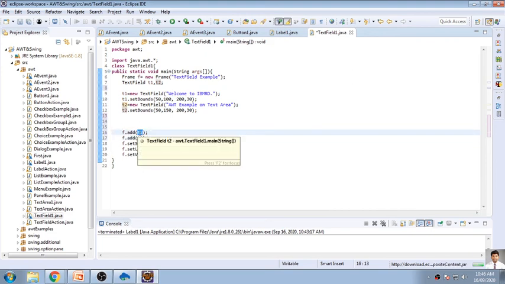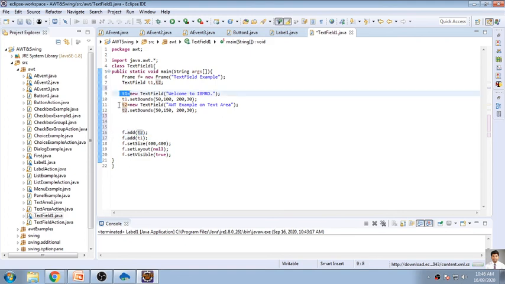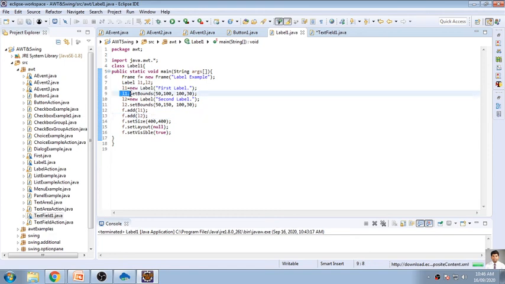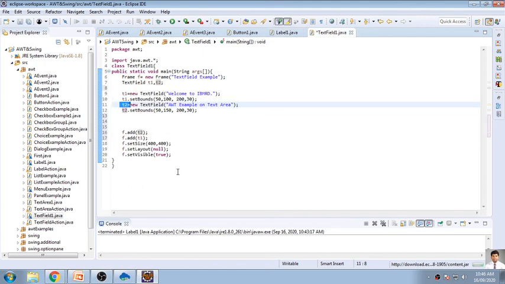Now T2 will be the first text box and T1 will be the way you add. Though you have initialized T1 first and then T2, the same you have done with the labels also. Label 1 was initialized first and label 2 second, and you have added label 1 first and label 2 second. So we have seen that label 1 is displayed first and then label 2. Now I'm interchanging something in the text field here.